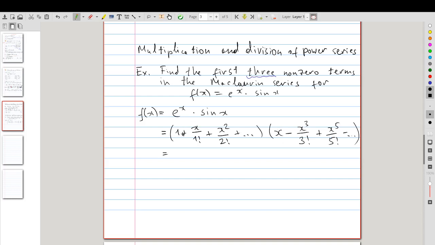So 1 and x are the lowest degree terms in these two power series. So we'll take 1 and distribute it